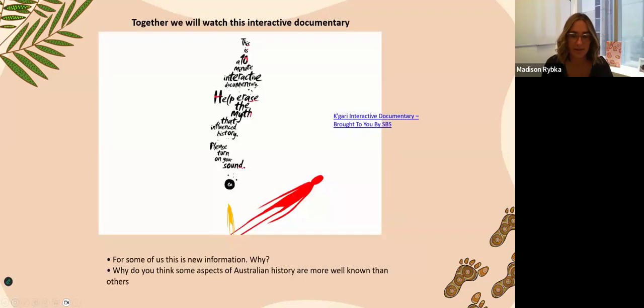So just a bit of background information looking at those policies and the impact they have. I don't go at all into much detail, but I do bring it up just to have a little bit of knowledge of where we're coming from and why we're looking at embedding Aboriginal perspectives into the classroom.